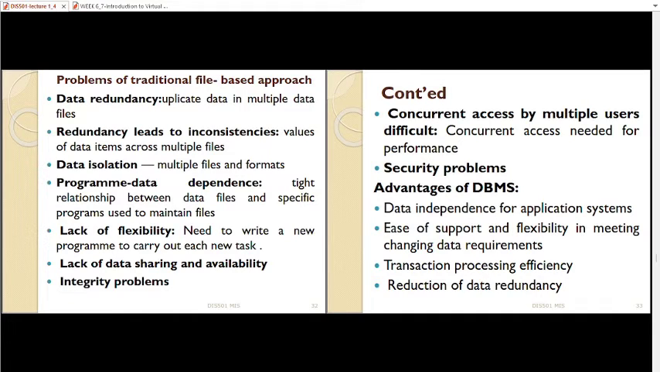So that one would allow us to merge information concerning this particular product and utilize it. But if we are not working that way, we are going to have redundancies, duplications, isolations, lack of flexibility, lack of data sharing and availability, and integrity problems. Because this is what we manufactured, then sales have called it something totally different, and